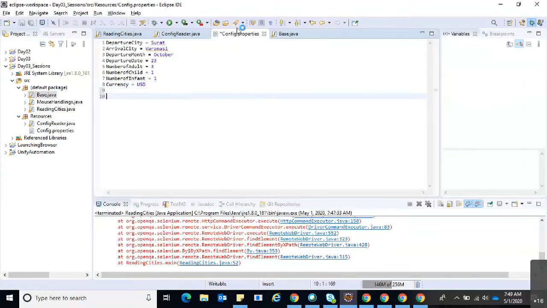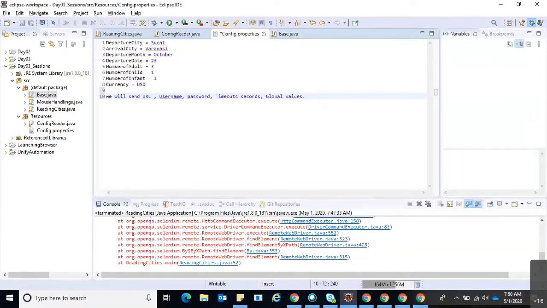Okay. Generally, why do we use a config file? We will send the URL, username and password details, timeouts, timeout seconds, and global values.